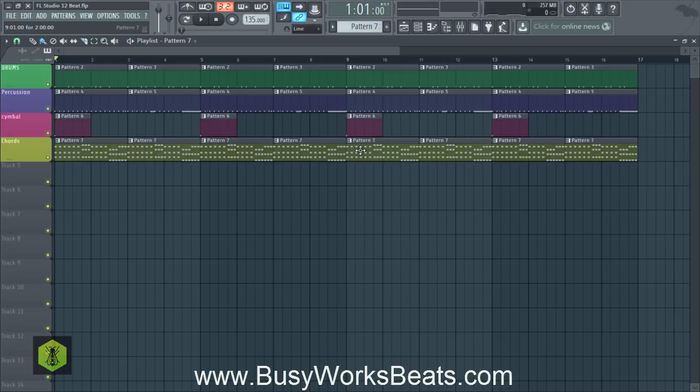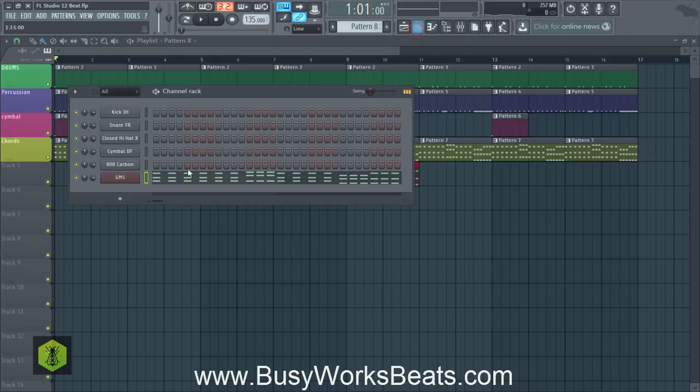So we're going to select pattern 7 in this case, and we're going to just left click and then left click it down here so that it's a duplicate of pattern 7. We're going to click this little piano option and go to make unique. This is basically going to clone pattern 7 into pattern 8. So now we can go to our channel rack view. And in pattern 8, we're going to left click on the MIDI.